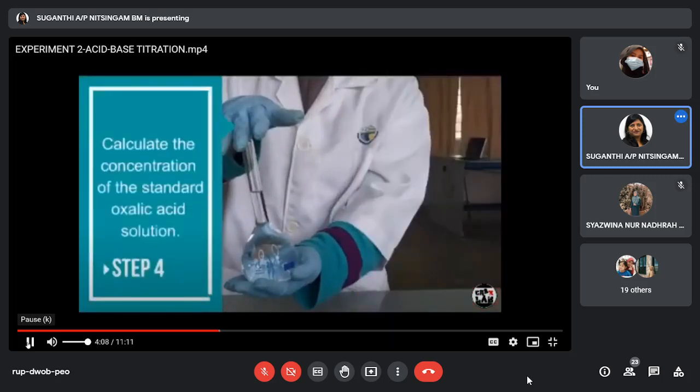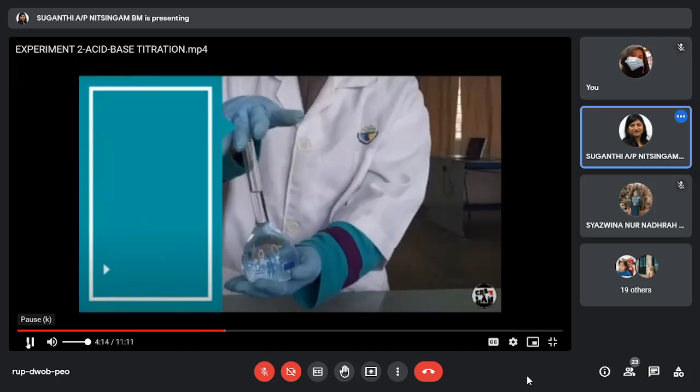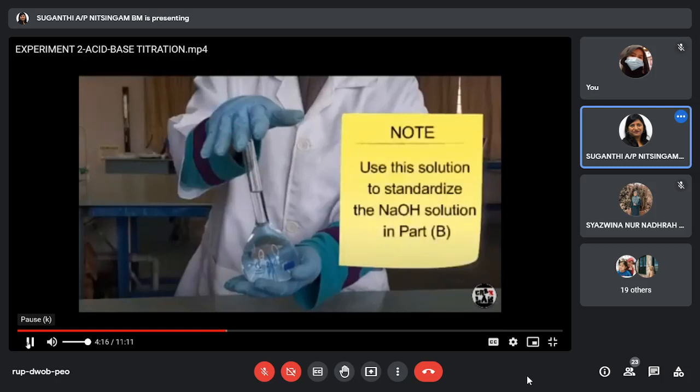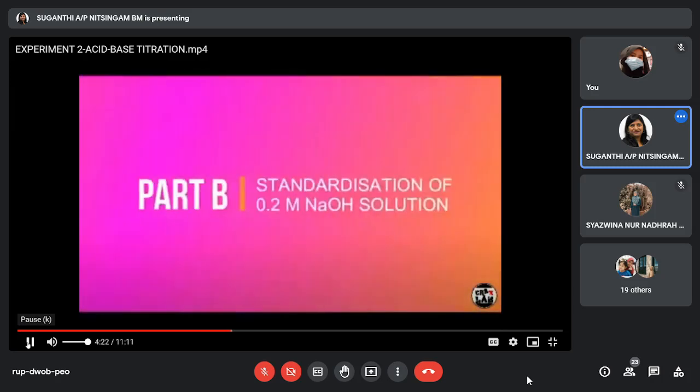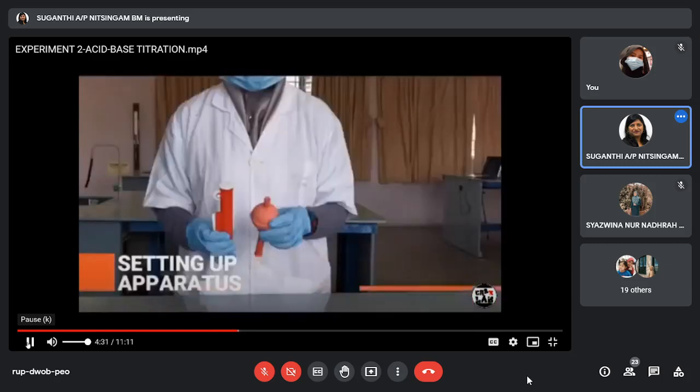Step 4. Calculate the concentration of the standard oxalic acid solution. Use this solution to standardize the sodium hydroxide solution. Standardization of 0.1 molar sodium solution. Certified by